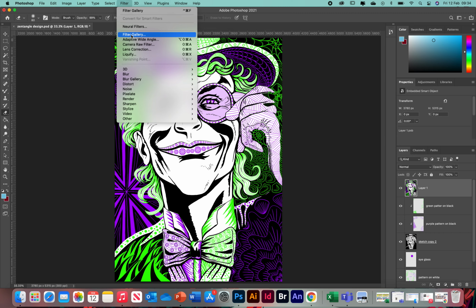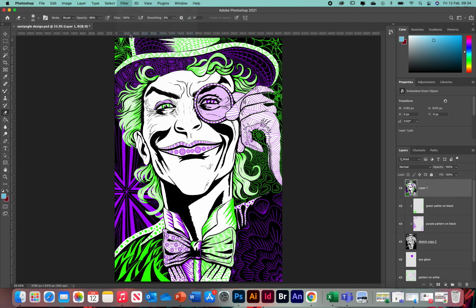So I'm going to go to the filter gallery. Make sure you go to this one here, not the top one, because the top one will apply the last filter that you have used. But I don't want to do that. I want to open the filter gallery. So if I click on there,